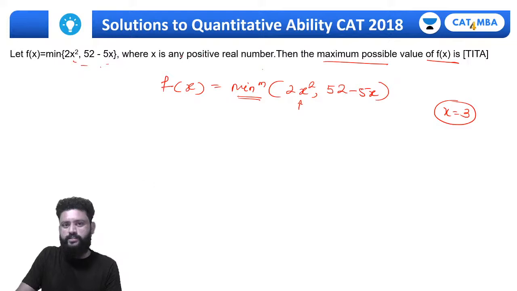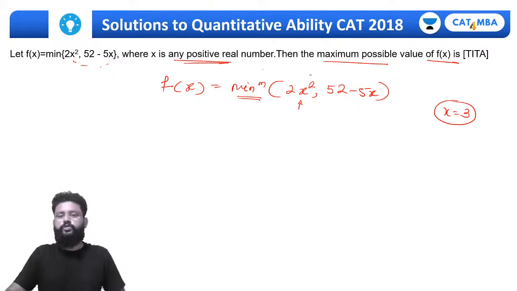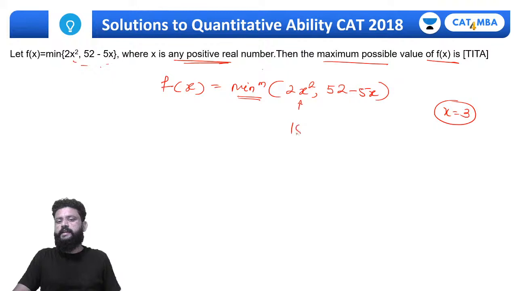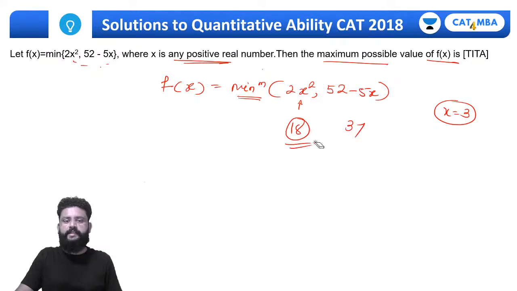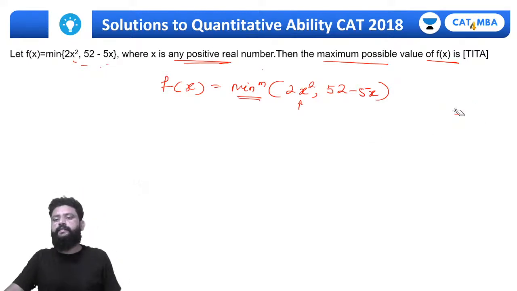But the problem is it is not given that x is an integer. हम तो randomly integer try कर रहे हैं। ऐसे जरूरी नहीं कि वो integer होगा, वो कोई भी real number चलेगा, ठीक है? तो 3 square will be 9, 9 into 2 is 18, then यहाँ पे होगा 52 minus 15, that comes out to be 37. Again this will be 18. 18 से तो ज्यादा होगा, but this is a theta question, so you cannot just randomly go by this, but definitely you can have a guesswork. अगर 4 लेता हूँ तो हमें पता है कि ये इंक्रीज तो हो रहा है,